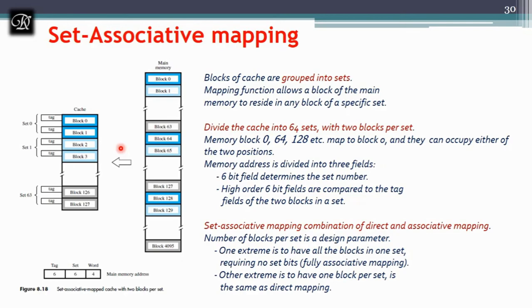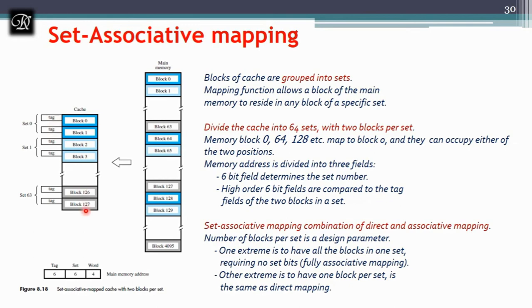That is why it is a combination of direct mapping and associative mapping. First apply direct mapping to decide the set, then apply associative mapping to decide the block or word line. So for the same given configuration we were having 16 address lines. Out of that, 4 are given to the word, and here how many sets are we having? 64 sets. Why 64? This configuration should be given in the question: they should tell you a set means a collection of how many blocks. Here a set is a collection of 2 blocks.